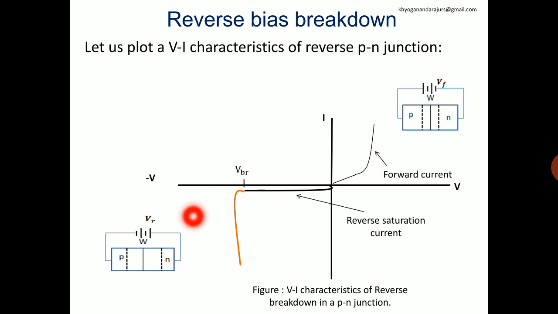It is not exponentially growing. It is growing in a straight line, in a right angle manner. That current is increasing in a straight line. We call this the breakdown voltage or reverse breakdown voltage. The reverse saturation current starts to increase in a right angle manner. This condition we call breakdown, and the current we call the reverse breakdown current.